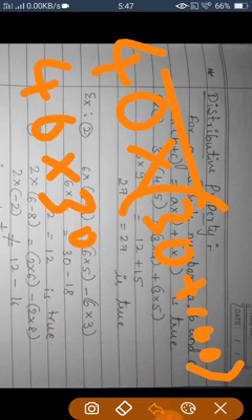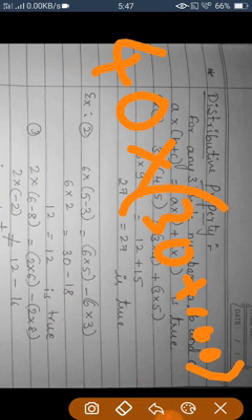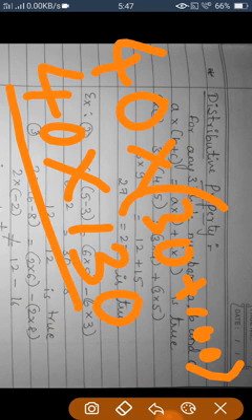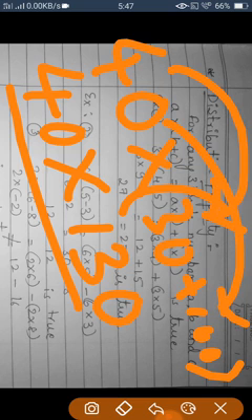Then what is the answer? See, sometimes 40 will stay as it is, and 30 plus 100 is 130. Again, 40 into 130 is difficult, isn't it? So you may get a little confused. At that time we can rearrange, or distribute the 40 to 30 and also to 100. That is called the distributive property. By rearrangement we can do this.